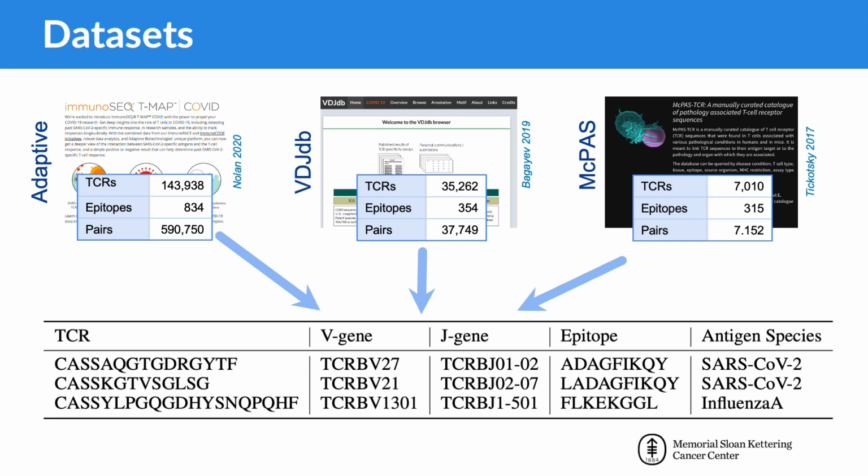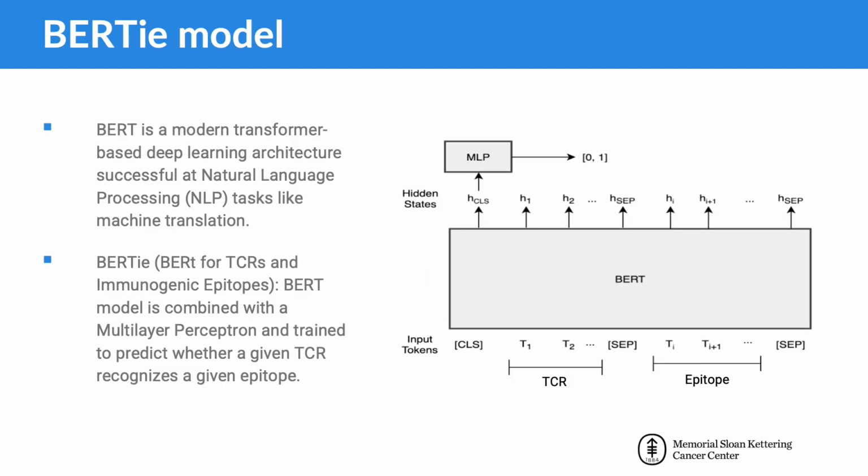Until recently, the T cell specificity problem has been largely intractable because of the huge diversity of TCRs and potential epitopes and because of very little experimental data available. But over the last few years, several big data sets have been published, including a large functional assay-based dataset of paired TCRs and epitopes for COVID-19, which we're leveraging together with two collections of literature-sourced paired TCRs and epitopes from different antigen species. Our goal is to predict which TCR sequence corresponds to which epitope sequence.